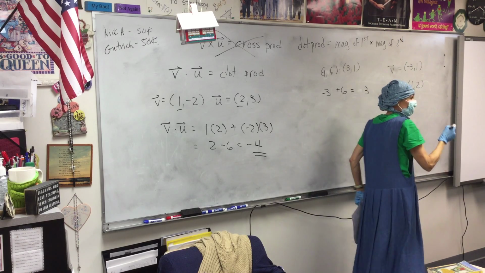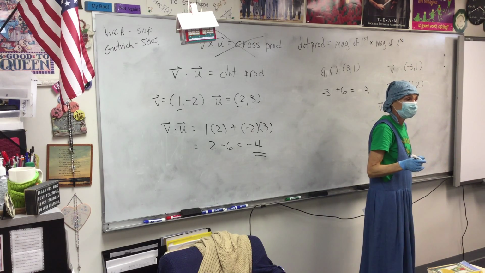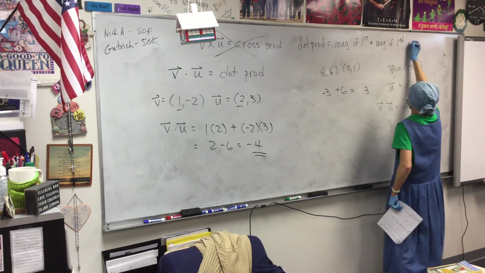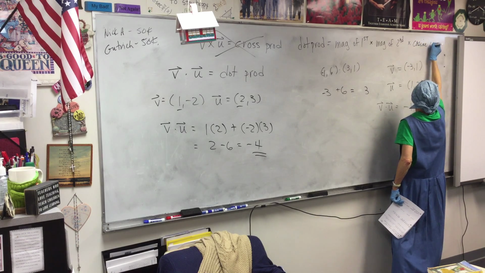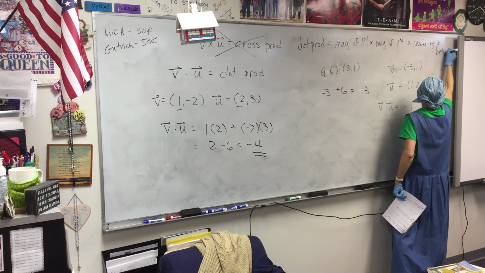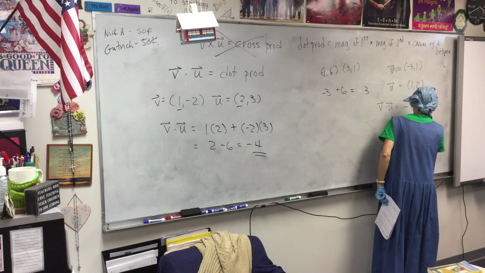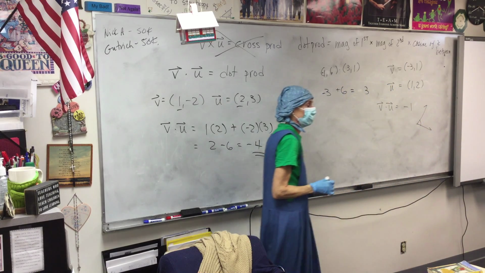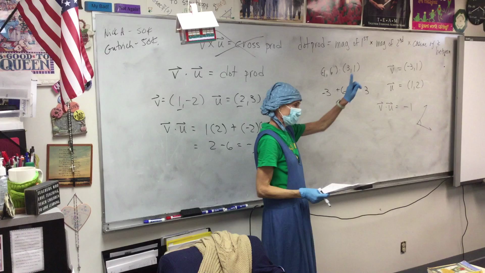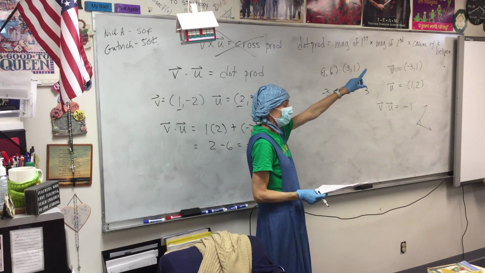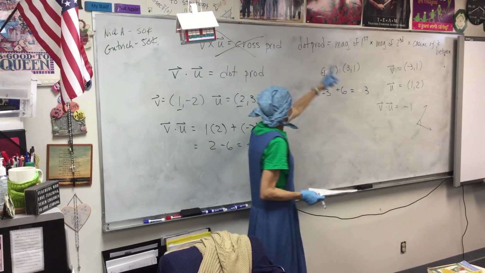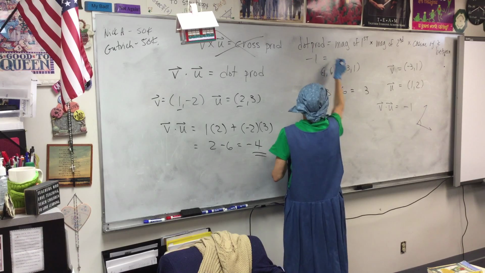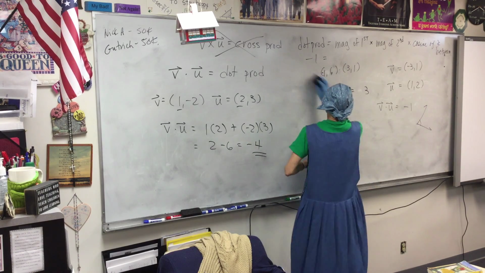And what do I mean about magnitude? When I use the word magnitude, what am I talking about? The length of it. Times the cosine of the angle between them. So you have two vectors here. Here's the angle between them, right? That's the one we're looking for. So the rule says for the angle between two vectors, your dot product, that number, which you already told me was -1, will equal the magnitude of